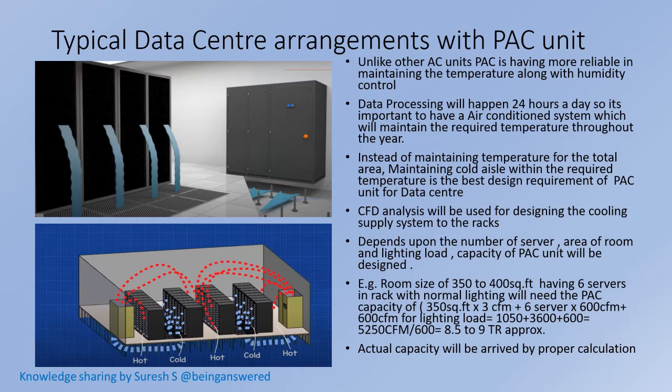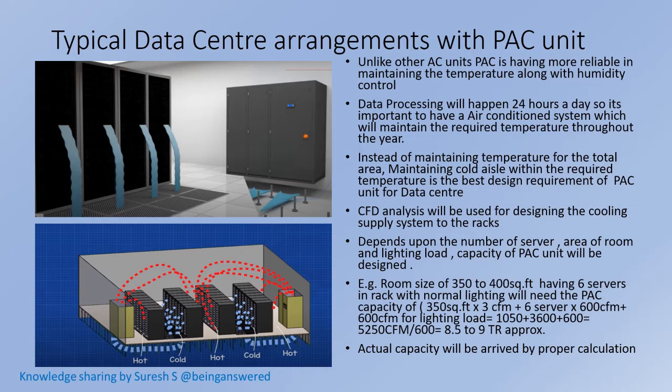The typical PAC function is shown for more understanding. Bottom supply of conditioned air to the server rack and the return air from the top side is shown in the above picture. In the below picture you can see the blue dotted points are the cold aisle and the red dotted are the hot aisle. Conditioned air will cool the cold aisle area components to ensure the temperature and humidity are under control.